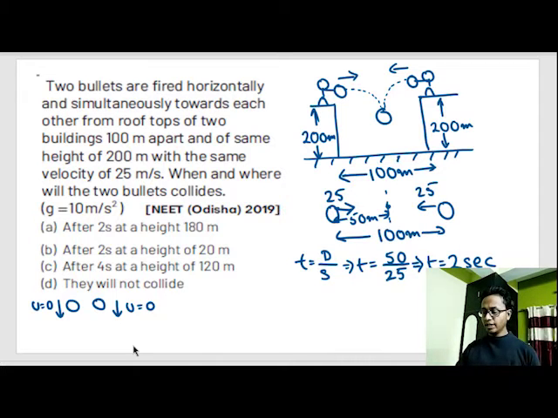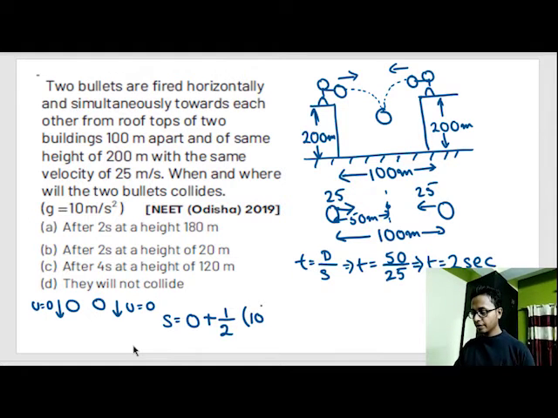So let's make them travel for 2 seconds, where s is equal to ut, u initial is 0, so 0t plus half g, g is nothing but 10, t square is nothing but 2 square, because at time t equal to 2 seconds the balls will collide. Remember, in 2D motion, when you divide into vertical and horizontal components, the time parameter will always be synchronized. That means in 2 seconds the balls will collide.